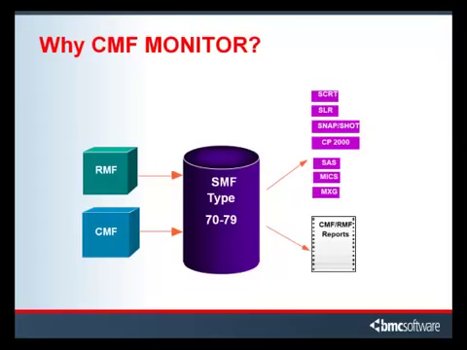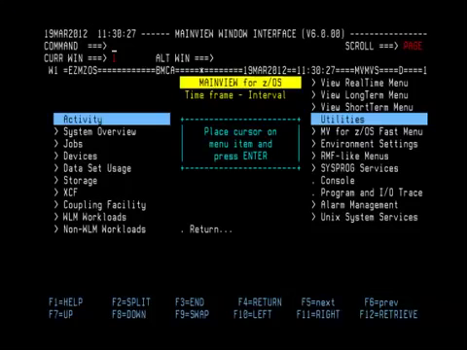Now let's look at getting started with using MainView for z/OS online. Upon entry into MainView for z/OS for the first time, you are presented with the EasyMVZOS Easy menu. This is the default menu that all users see when first getting into MainView for z/OS. A common alternate entry point is the MainView for z/OS Fast menu, which you can configure as your default, but